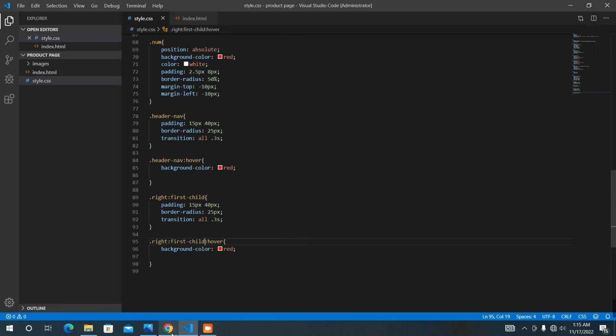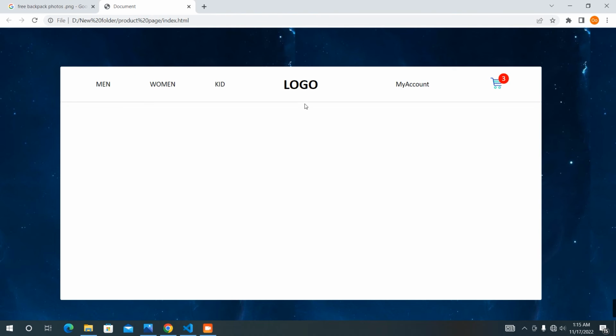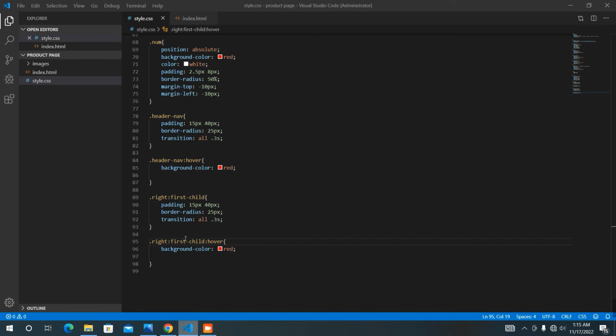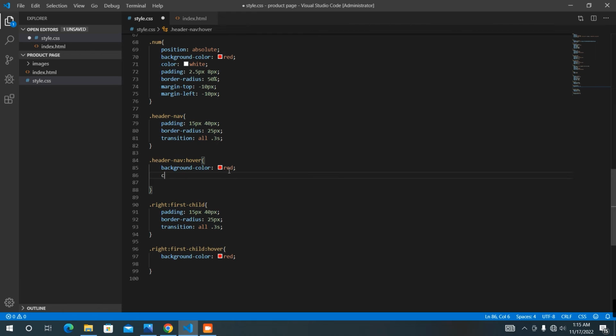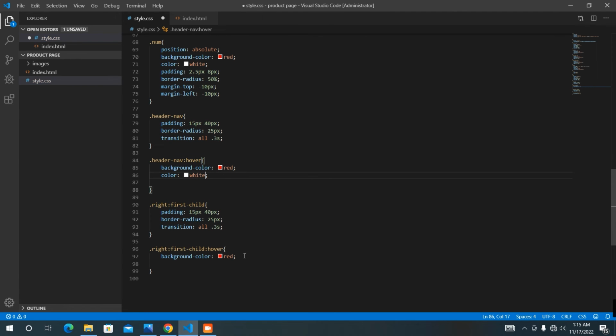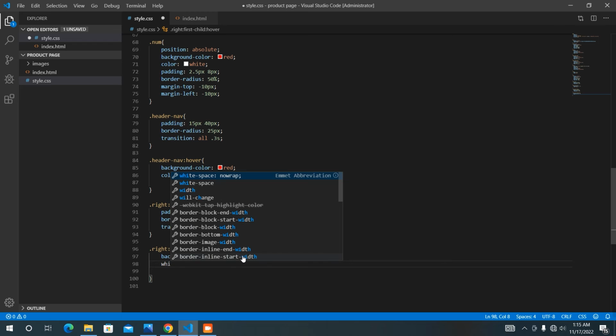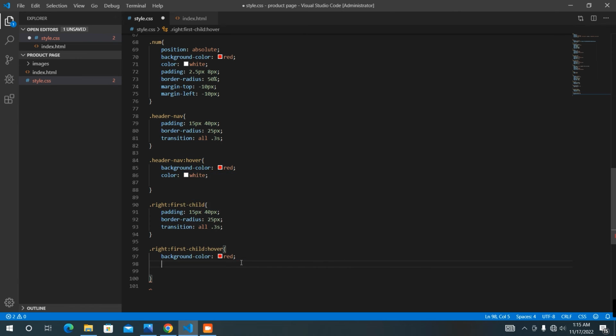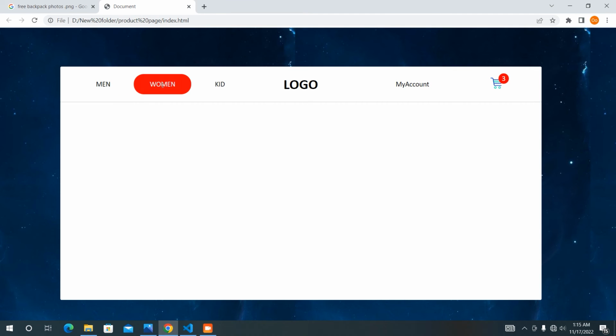Okay, it's good. Refresh, and we need to have a color of white in here and in here, of white. Refresh. It's good enough right now, and I am going to add this logo